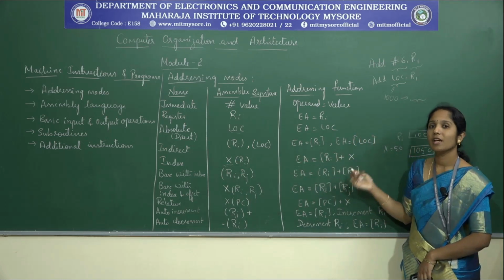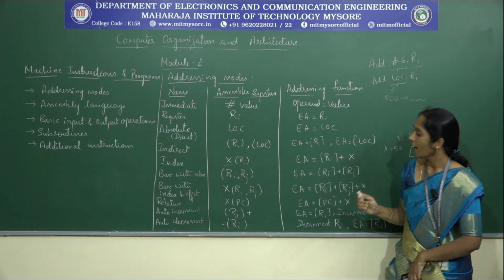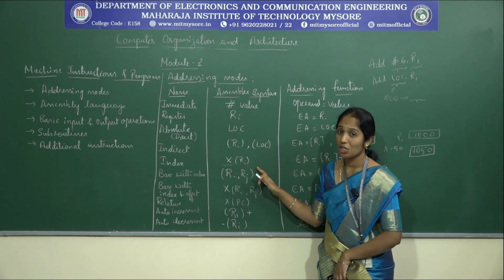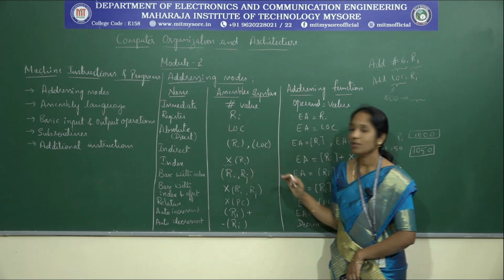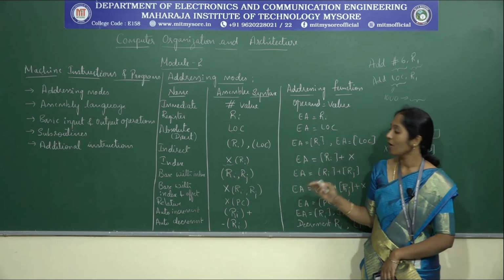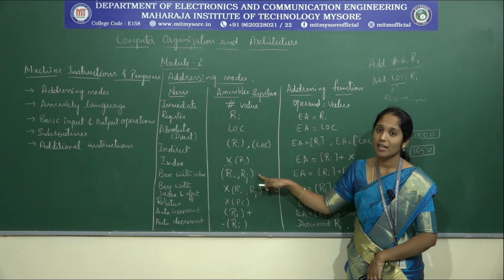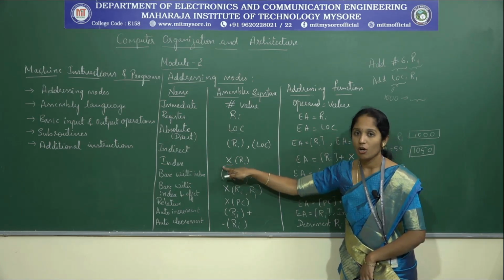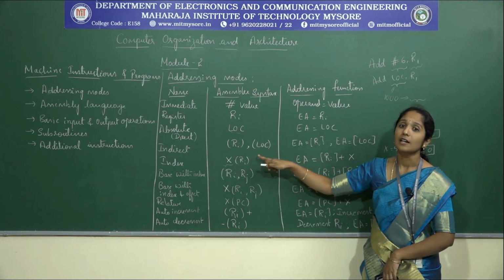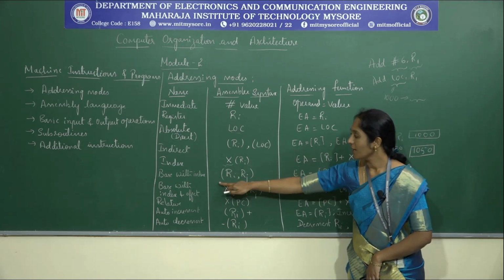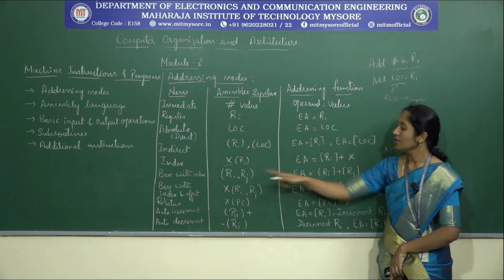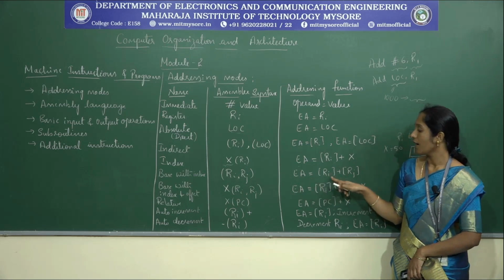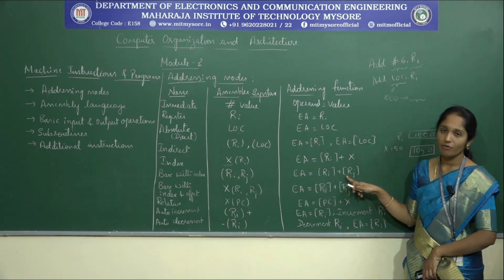In index addressing we have two other variations, and the first variation is Ri, Rj. Here we do not have any constant value. We have both as registers. The advantage here is that both the values can be changed. If we have a constant, it is fixed and cannot be changed. A constant will be added with the contents of Ri, whereas in this we have both registers. In this case, effective address is calculated as EA is equal to contents of Ri plus contents of Rj.